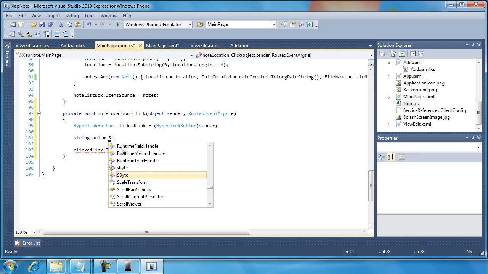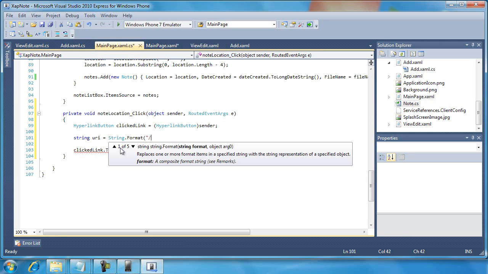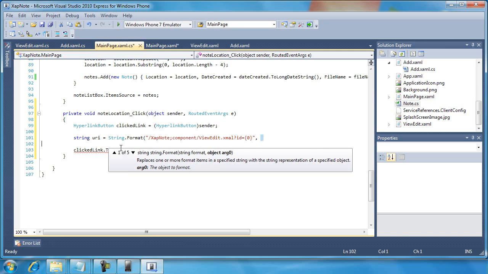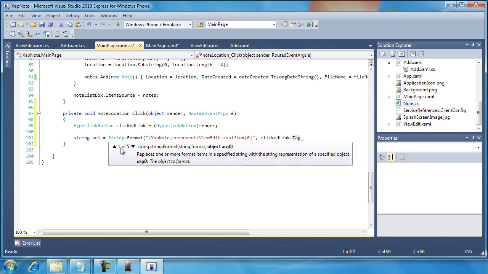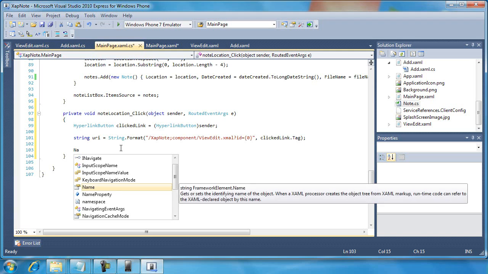So we're just going to construct the URI, and we'll do the string.format syntax, which should be zap note component, making sure I don't misspell that again, ViewEdit.xaml question mark ID equals, and then the replacement character. And then we'll just go ahead and pull in that clicked link tag, and so that should construct a good URI for us. Next thing we'll do is go to the navigation service